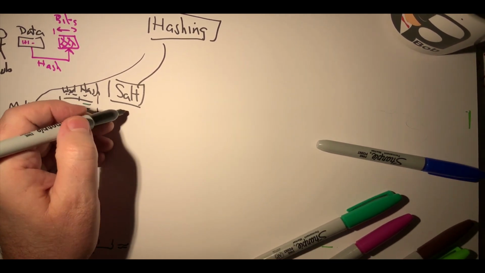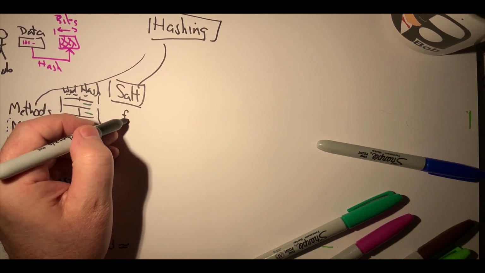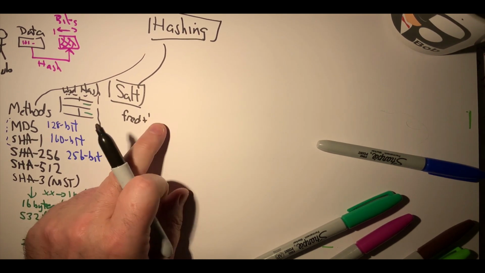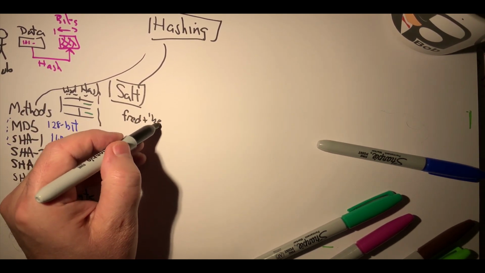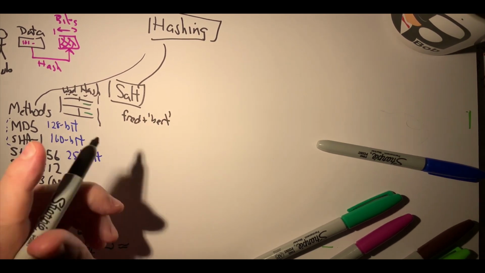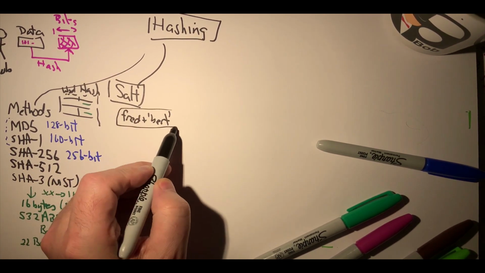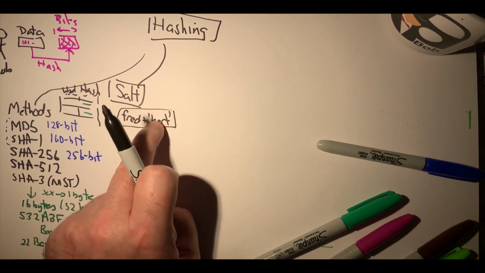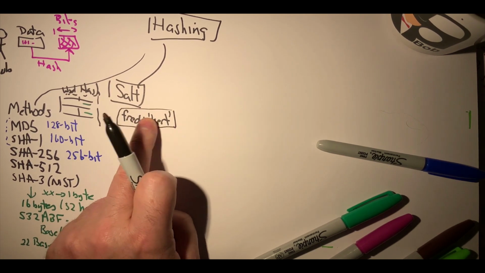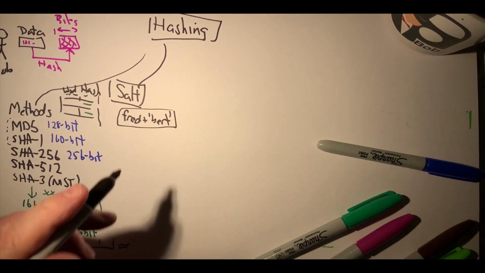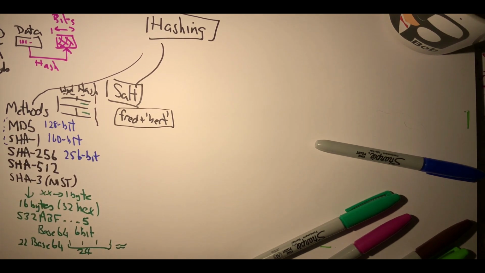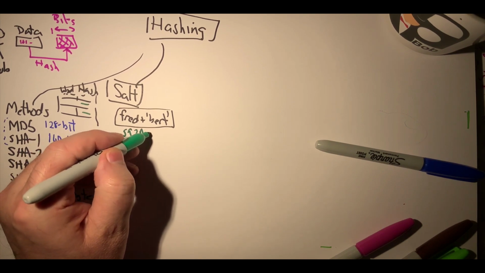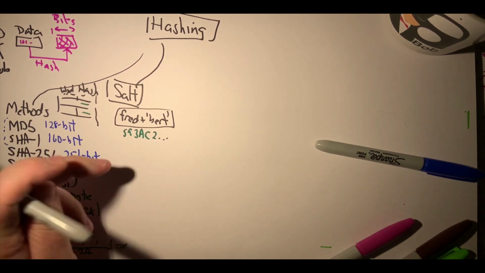But that hardly ever happens, because what we have is a salting method. And with salt, we might take, say, a password of Fred, and then we'll add on a random nonce value. Let's call this random nonce Bert. So when we create the hash, we take the word and we add on our random nonce value to make a new string which can then be hashed. So this will create a new hash for us, 593A, C2 and so on.